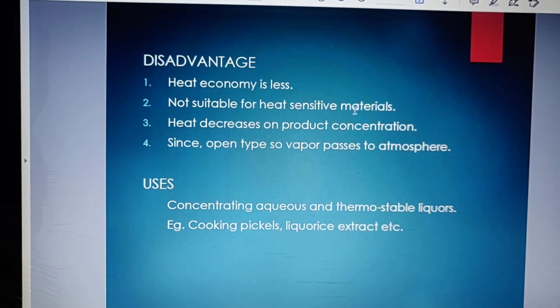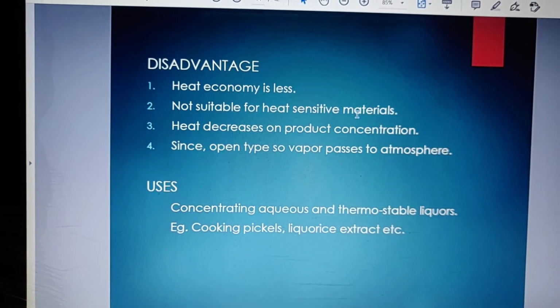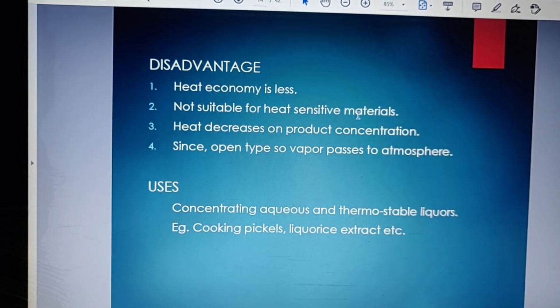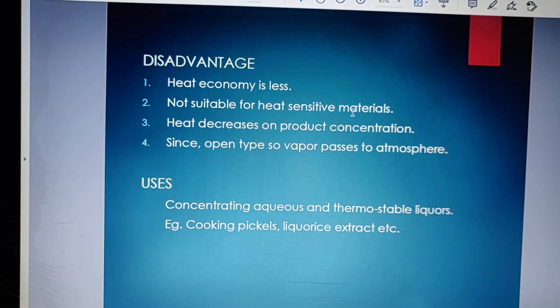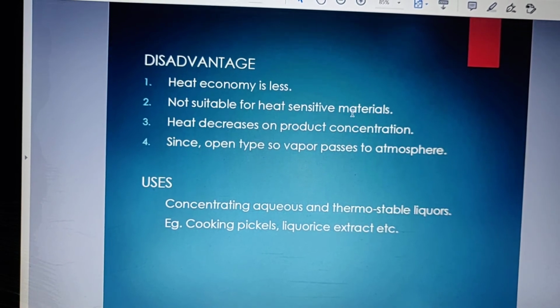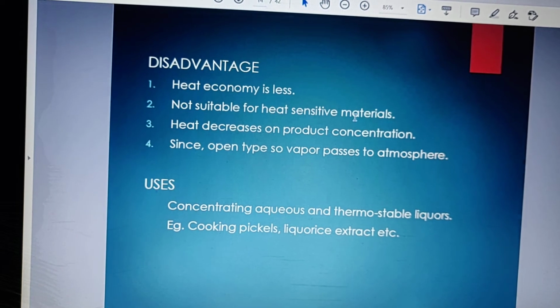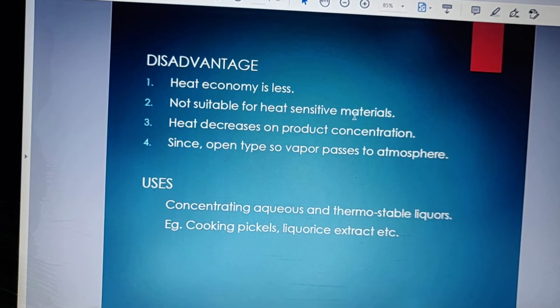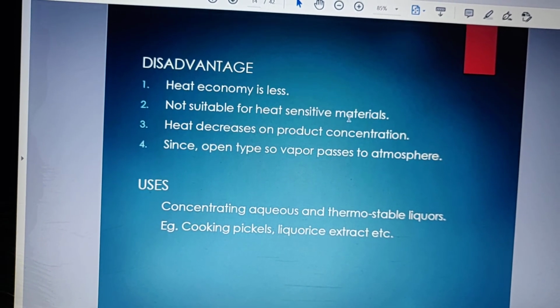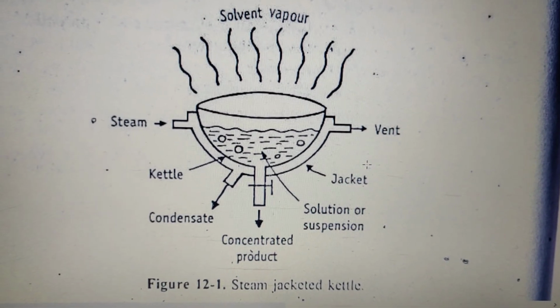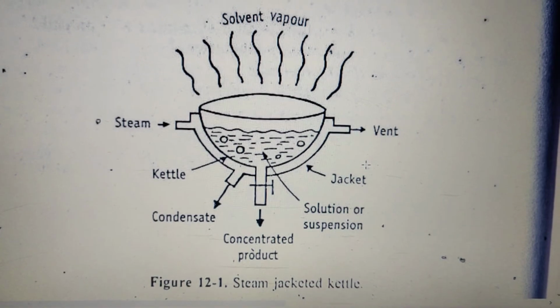Such extracts, which are made of bark, root, stem, whatever it is, using water or acid or simple alcohol, can be made this way. Generally we won't take alcoholic, but acidic extracts and aqueous extracts can be made using an evaporating pan or steam jacketed kettle. This is the diagram of the steam jacketed kettle in your book, which is very clean, clear